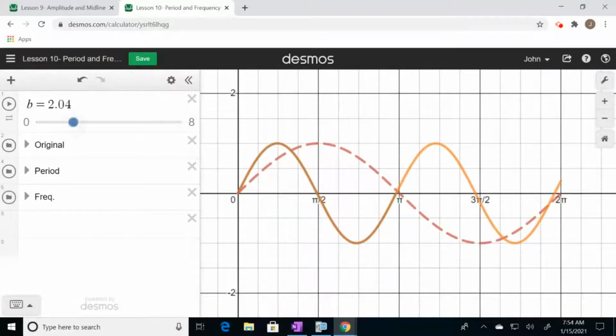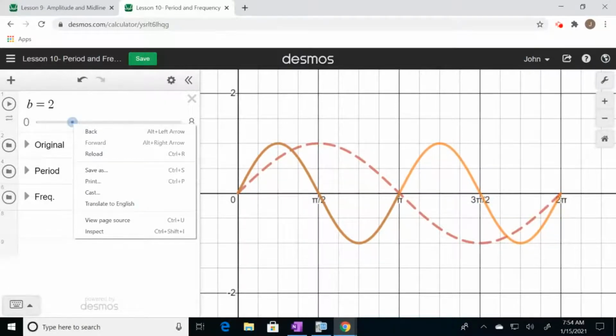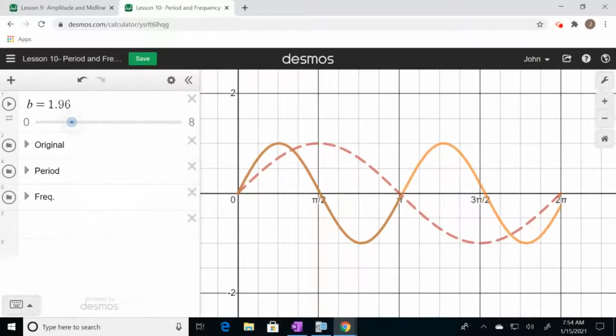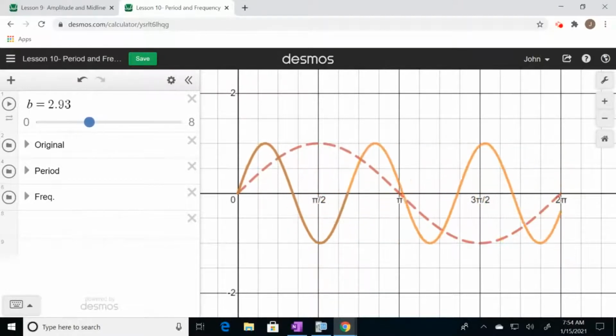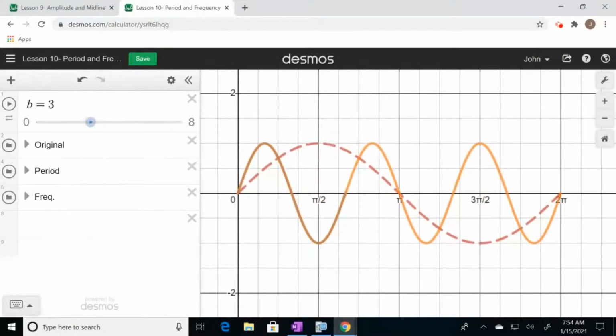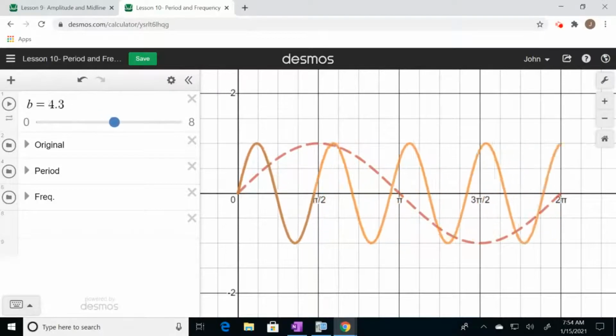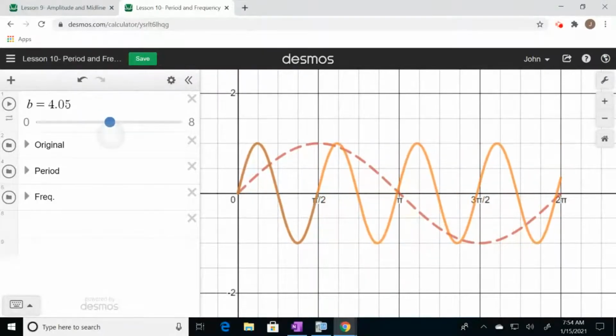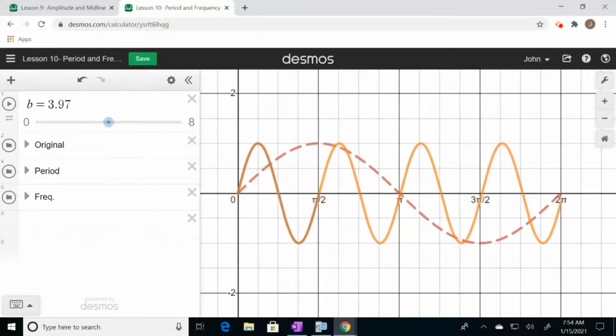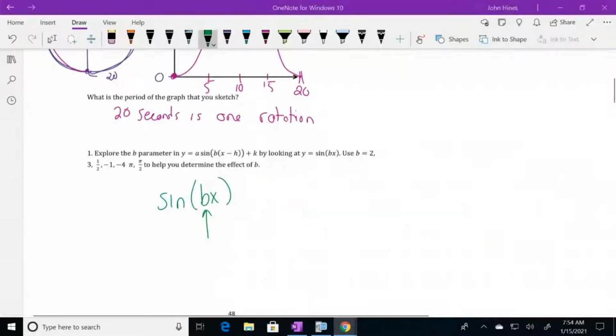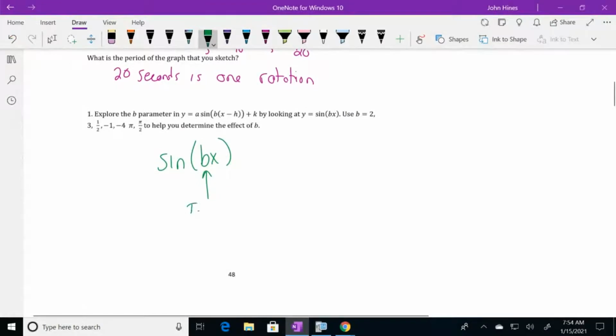When that number is 2, how many sine curves do I get in 2 pi? 2. When that number is 3, how many sine curves do I make? I make 3 in that distance of 2 pi. So it still relates back to this idea of 2 pi. When I make it 4, I get through 4 cycles. So this number here tells us how many cycles